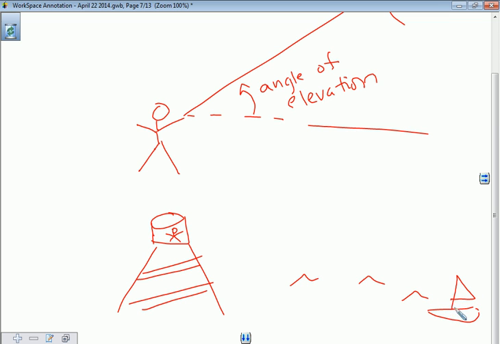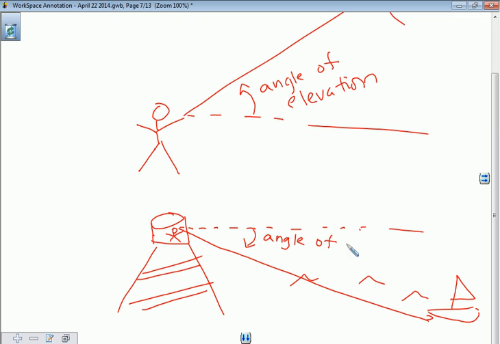These are actually spot on examples of what you usually see. So here he is, looking down at the sailboat. I missed the sailboat. But this is an angle of